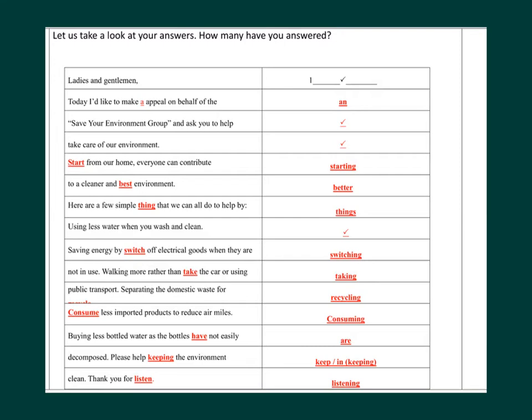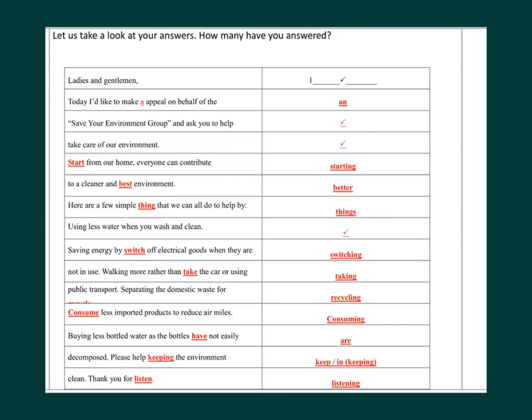Ladies and gentlemen, 係啱嘅。Today I like to make an appeal， 因為 appeal 頭嗰個字係 A， 唔用得個 A， 應該用個 N。An appeal on behalf of the Save Your Environment group and ask you to help， 冇錯。Take care of our environment 都係冇錯嘅。Starting from our home， 因為頭一個字係 noun， 應該用個 gerund 嚟㗎，所以用 starting from our home。Everybody can contribute to a cleaner and better environment。之前個 cleaner 要同個 better 互相對應。Here are a few simple things that we。A few 係 plural， 所以要用個 things。